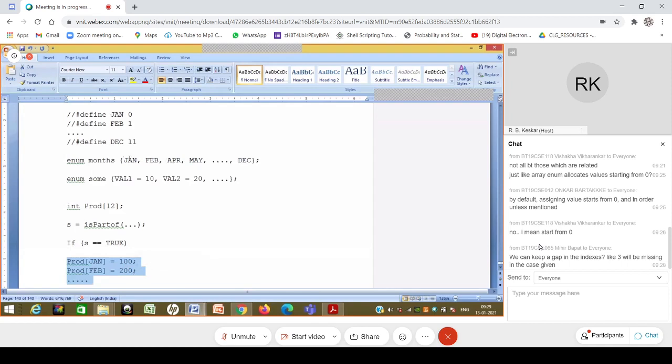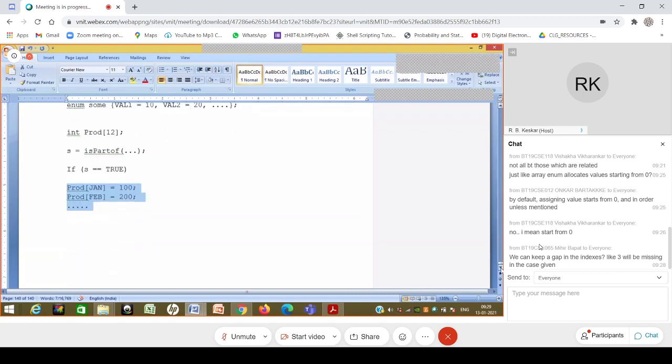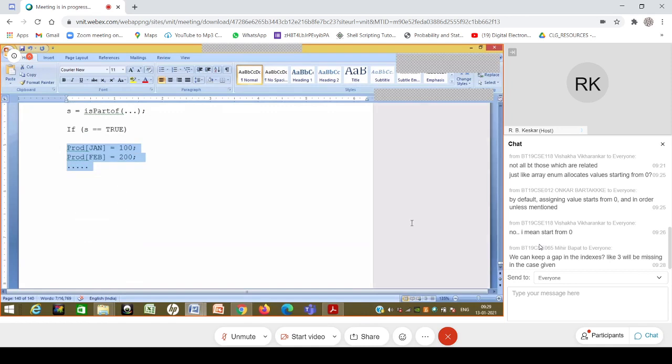So maybe this is the way in which it can be done. Okay, so this is the first part. This enum is something which is very, very useful. So perhaps from this point onwards we are going to use enums wherever we can. You will see that we'll use it typically.